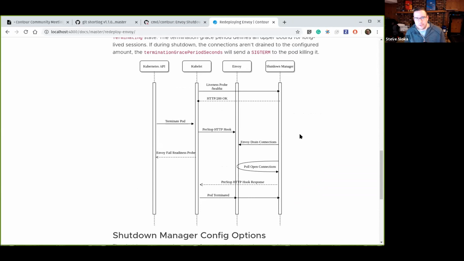Okay. Yeah, so Contour and Envoy in our default model now they're split. So Envoy runs as a daemon set, so one instance per node, and then Contour runs as a deployment. Yeah, so the shutdown manager's job is just to implement that polling logic there. And it's written as a command off of the Contour binary. So it's the same Contour container, with a different command that it gets run, just for simplicity. So we don't have to push and manage this whole other container or image.